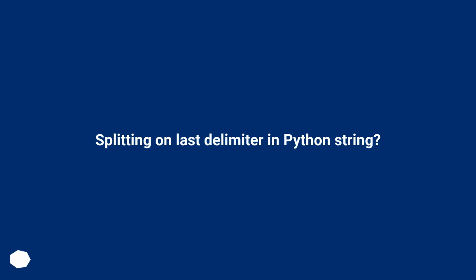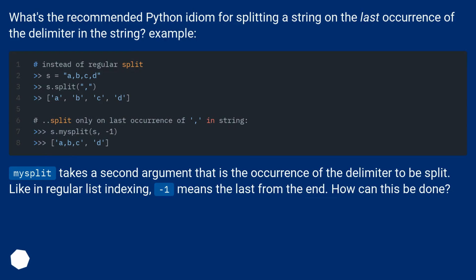Splitting on last delimiter in Python string. What's the recommended Python idiom for splitting a string on the last occurrence of the delimiter in the string? Example: